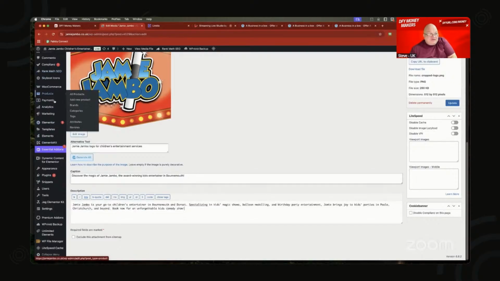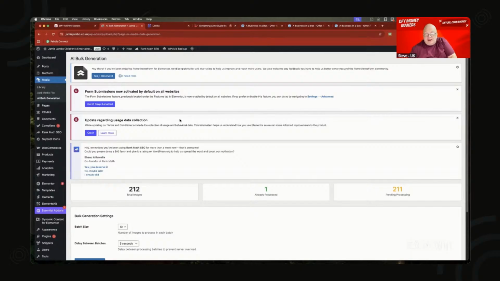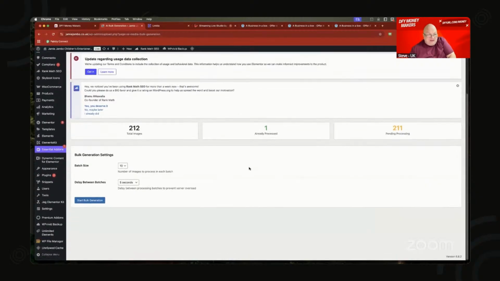Imagine this now. If we come back to the bulk generation, I've pre-installed the plugin. In the training itself, you'll find that we walk through how to set it up with AI. It's got 212 images here. I've set this so it does 10, it'll stop for 5 seconds and it'll do 10 more. The reason we do that is sometimes shared hosting can make things crash, and if this ends up messing up or crashing, then